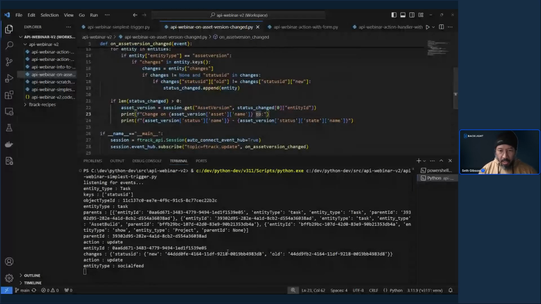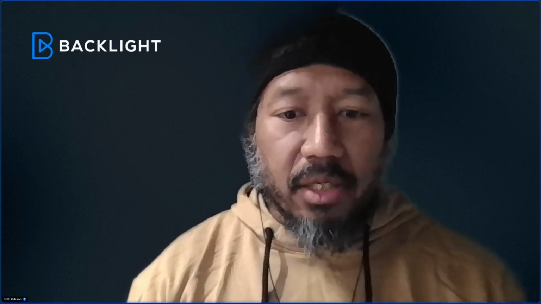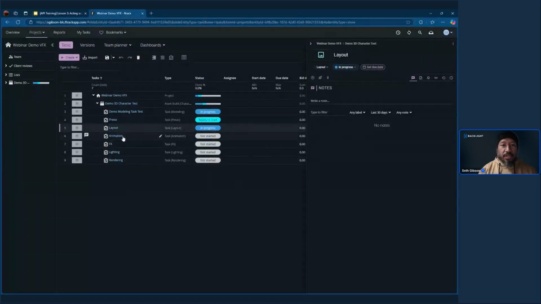So let's go ahead and pop back into the web UI. And let's change the status on this one that we just changed last time. So we're going to change our in progress status to pending review. We've done some work. We think we're happy with it. We want to let somebody know that things have happened to it. And if I pop back to my